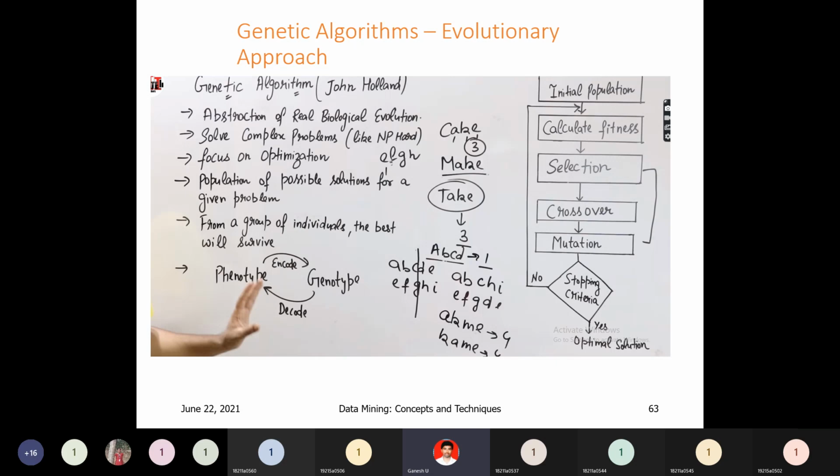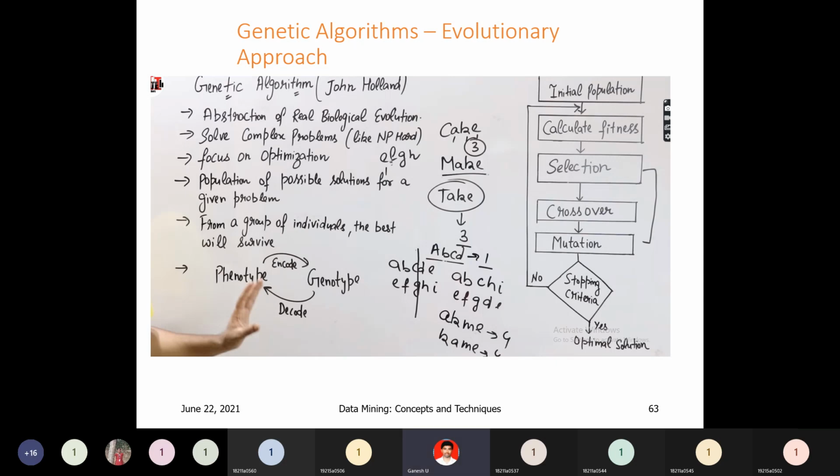Finally, the next generation will give a better result than the previous generation. The next generation has better qualities than the previous generation. So this is nothing but the genetic algorithm. In the genetic algorithm also we see the same concept: the number of generations is here the number of levels. Again and again you are finding the result, so for the next level you will get a better result than the previous result. After a number of iterations, finally you will get a good result.